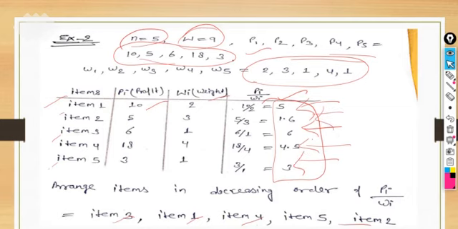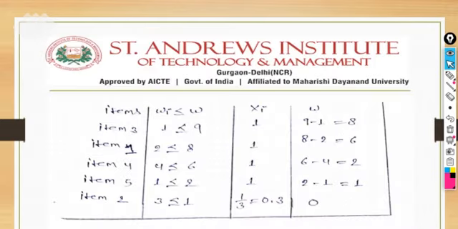So we have arranged all these items by profit over weight in decreasing order. Now one by one we are checking the weight of items. Item 3 has weight 1 and the knapsack weight is 9. So if it is less than, take it completely, and 1 indicates that you are taking the complete part of the item. The weight of that item is 1. 9 minus 1 is 8. Now the knapsack size remaining is 8.